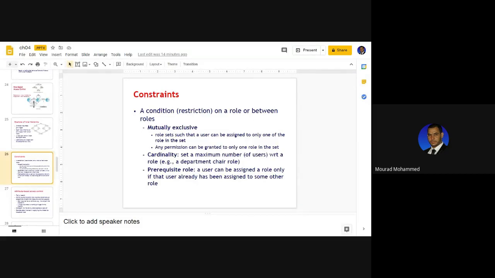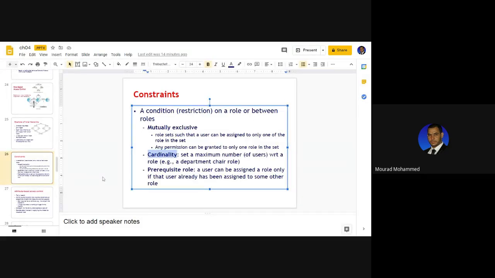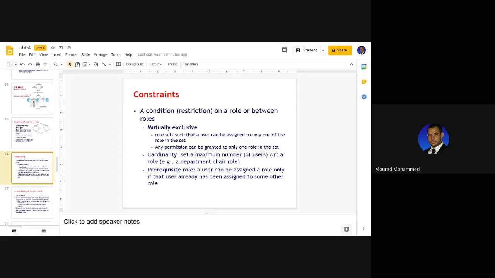So we talk about cardinality: how many elements from the entity are being utilized or involved in the action. Cardinality, as when we talk about information integrity when dealing with databases, when normalizing databases.